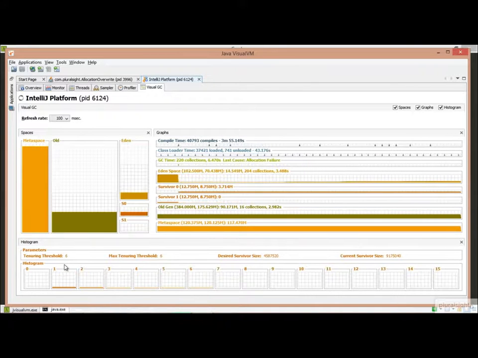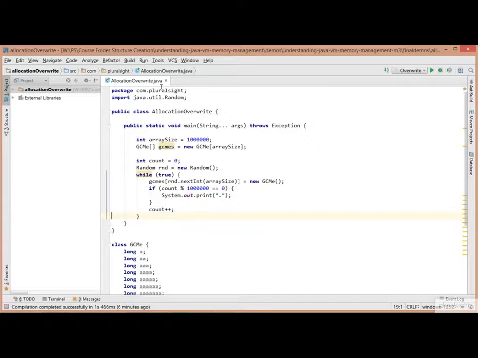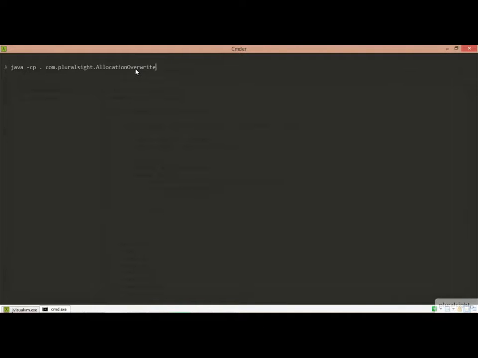So how high to set the tenuring threshold, how often to run garbage collections, how much memory should be allocated to Eden space and the survivor spaces, how much memory should be allocated to the old spaces. So if I go back to our application and kill it, go back into IDEA and take out the Thread.sleep call and build the application again,